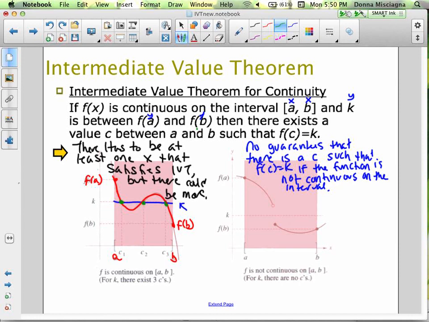3 different c values. So we have c1, c2, and c3. 3 different c values where f of c equals k. And what if that wasn't our function? What if our function looked more like this? What if it was linear? Even if it was linear, there's no way to get from f of a to f of b without crossing that line k. I can't hop over it, or I won't be continuous anymore. So there's no way